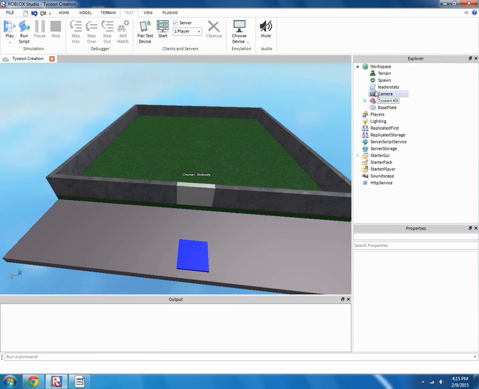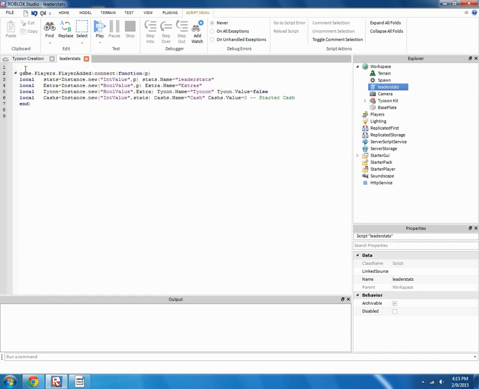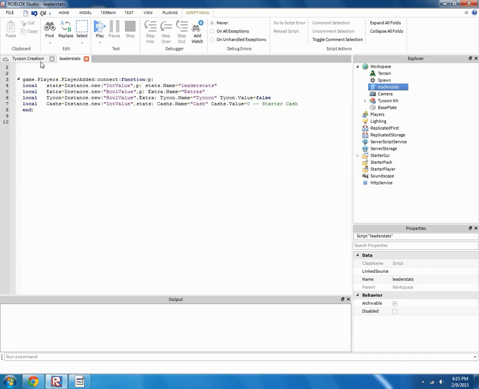So, now what we want to do is, as I said, make a regen for the tycoons. What we are going to do is do it when a player leaves. Going to add it when a player leaves and when the game starts. So what we're going to do first is do